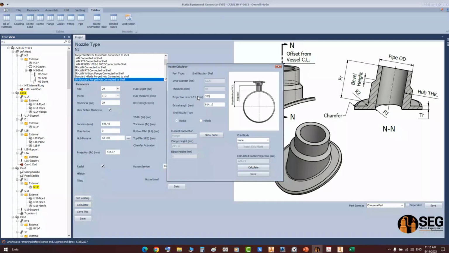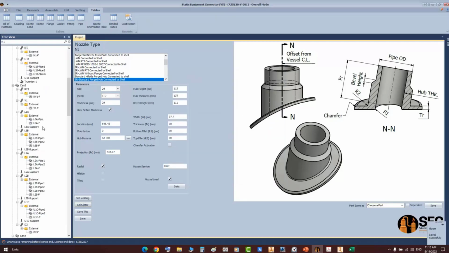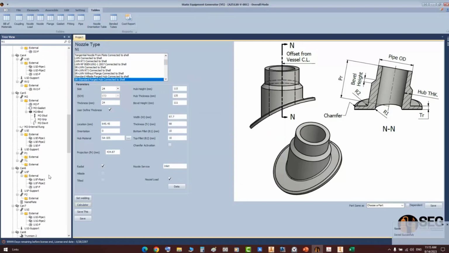Okay, so let's increase that one and add 500 millimeters for the pipe only and recalculate the hub projection. So let's decrease this value a little bit. Let's make it 700. And here we have a pipe between the flange and the hub, like that. Now we need to add, if you take a look at the nozzle N1,